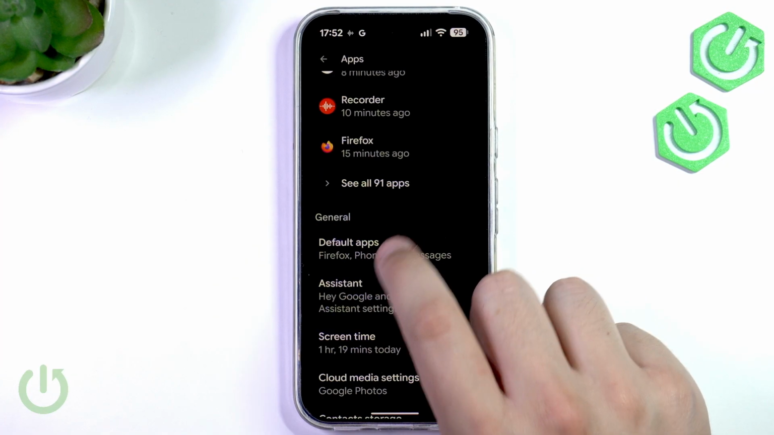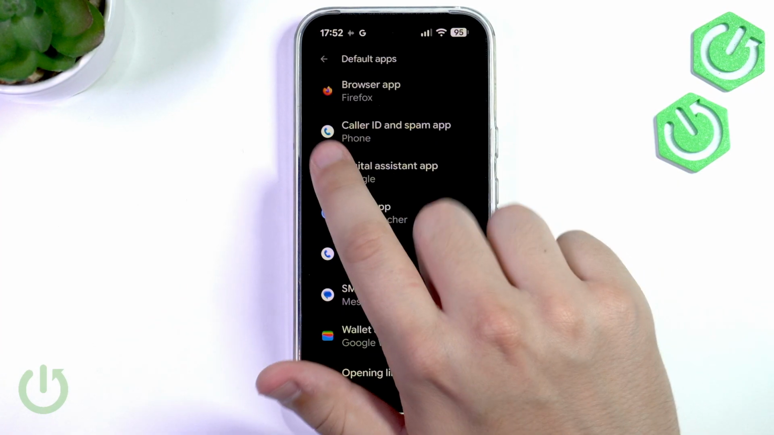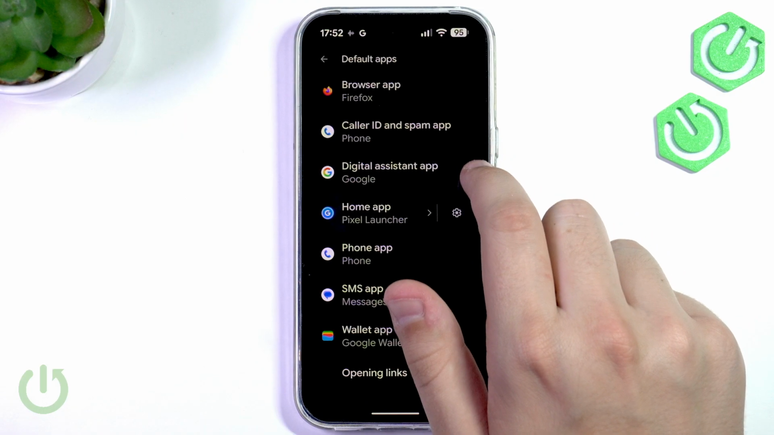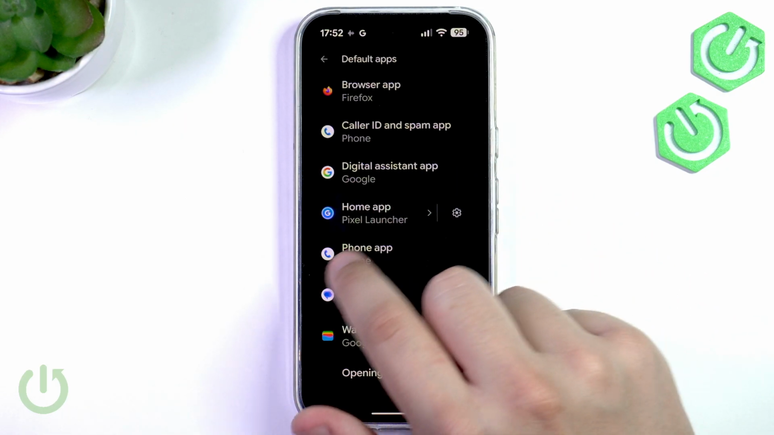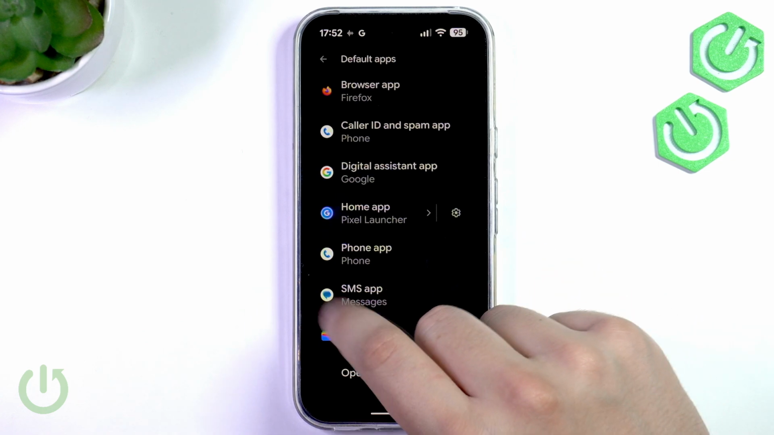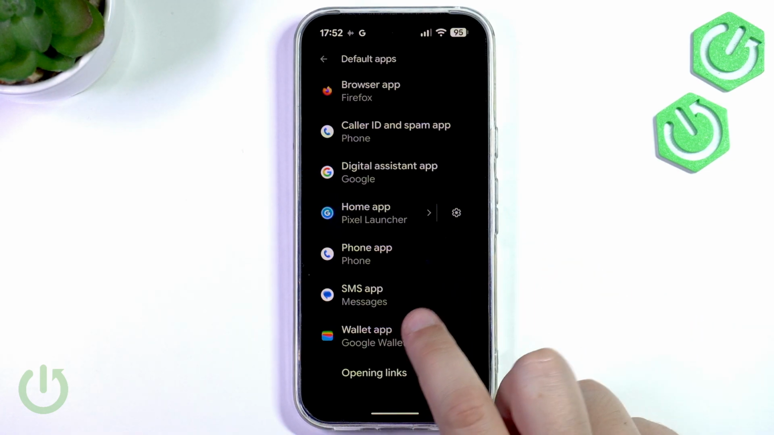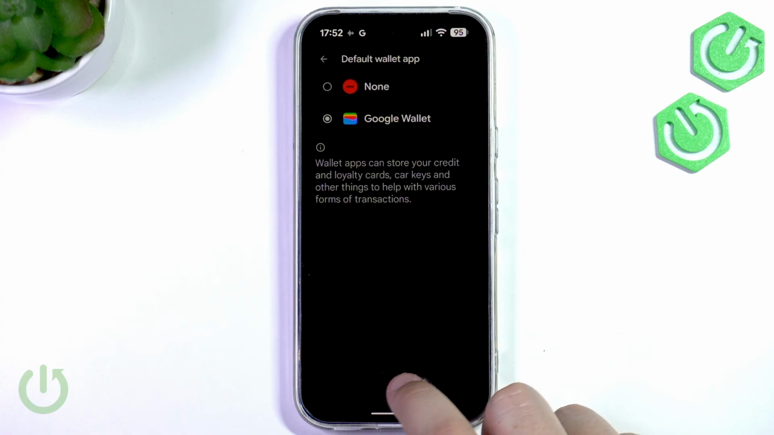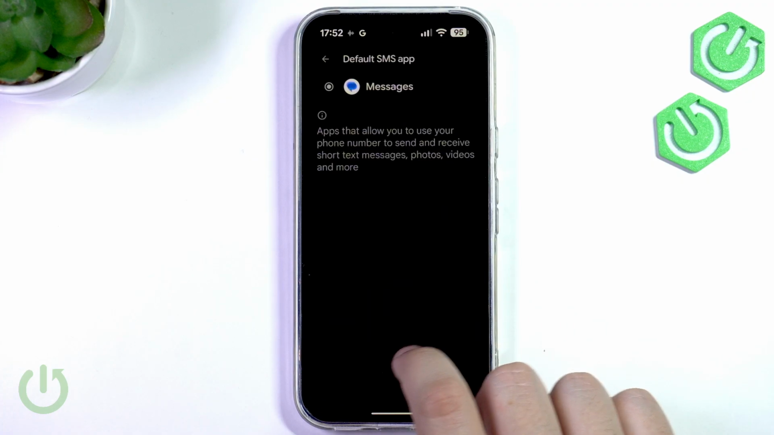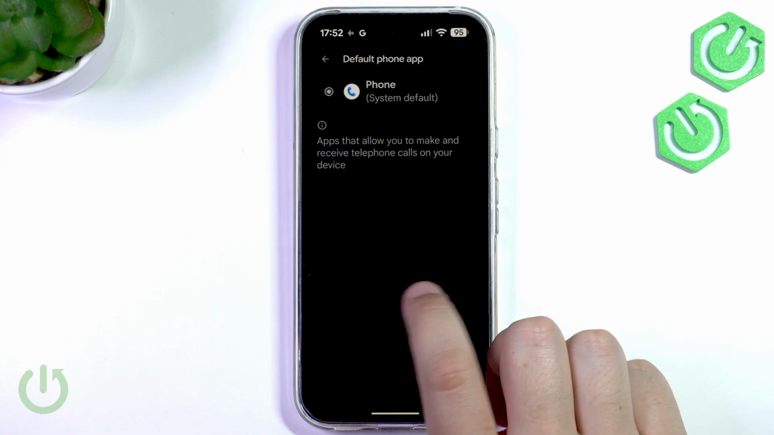general section. Now click on default apps, and here we can change the browser app, caller ID and spam app, digital assistant app, home app, phone, SMS, and wallet. So for example, we can use another wallet if we have, and of course we can change the SMS app, phone,